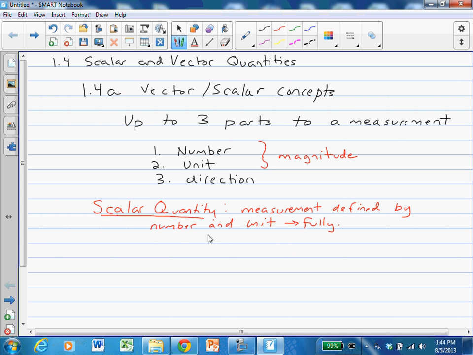For example, 3.2 kilograms. Okay? We don't need a direction with that. But many measurements do require direction. So we call a vector quantity